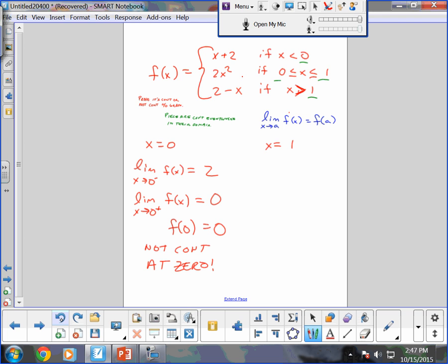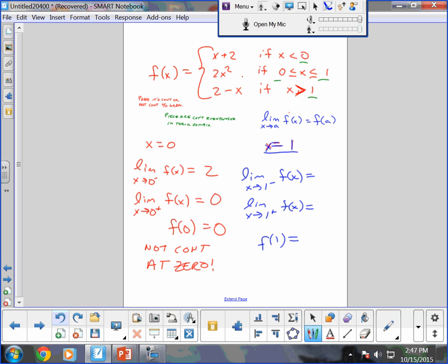Alright? Now I'll do x equals 1. I probably should do this maybe in a different color. We'll do blue. So I'm going to do the limit as x approaches 1 from the negative. I'm going to do the limit as x approaches 1 from the positive. I'm going to do f of 1 of the function. And you notice I write out all the stinking notation, right? You guys love